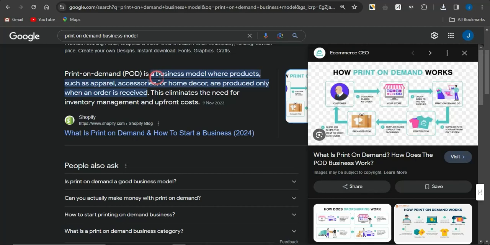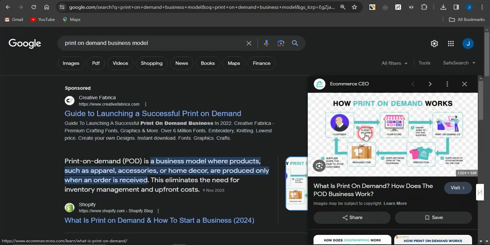It's a business model where products such as apparel, accessories or home decorations are produced only when an order is received. This helps us eliminate the need for inventory management and upfront costs. Here's an example of how the business model works.